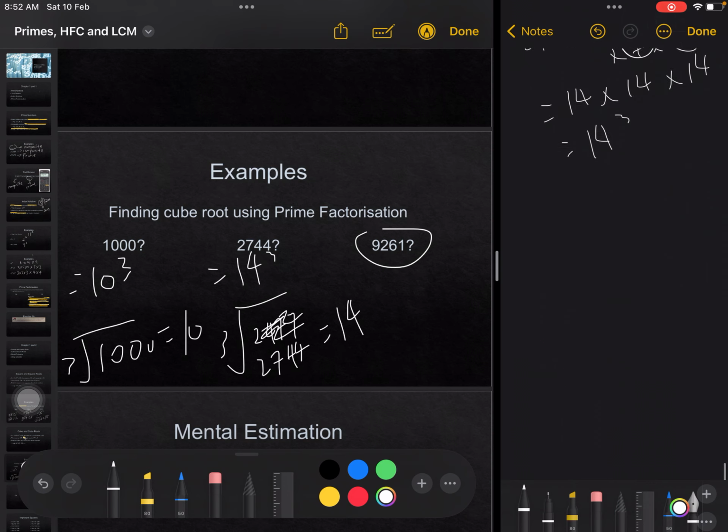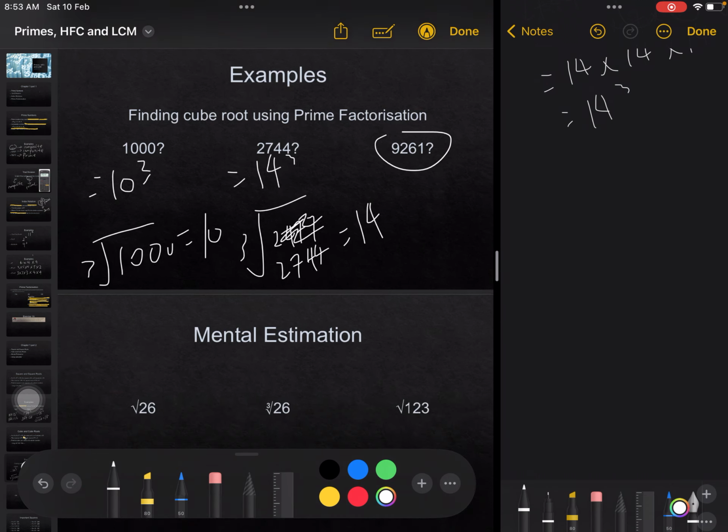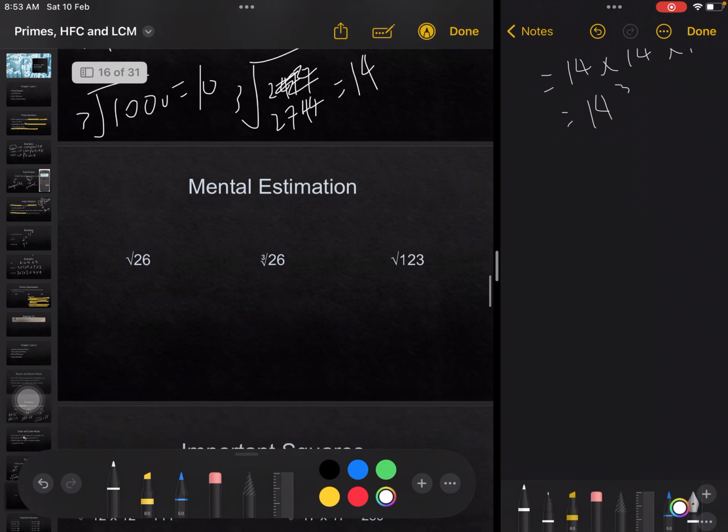Type your answers in the comment. Let me know what your answers are for the cube root of 9261. This is the homework for the day. Next we move on to